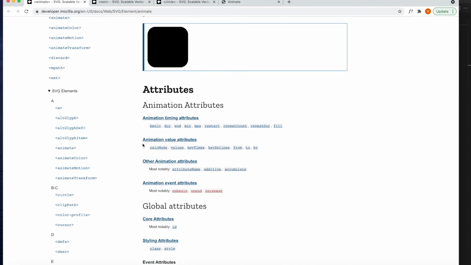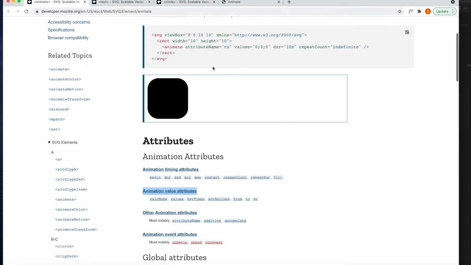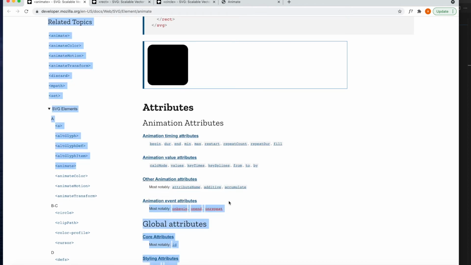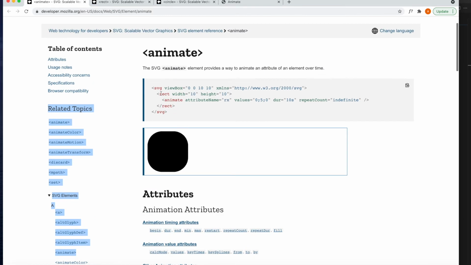There are a few animation value attributes which you can see, such as values, which we are using now, right? Which values we are seeing, what the different breakpoints are. Likewise we have from, to, and by how much we should be animating during that time. So you can go through all these attributes, and there are a few more details of the animate element which you can go through. But we'll see what is the easiest way to get started and see the change.